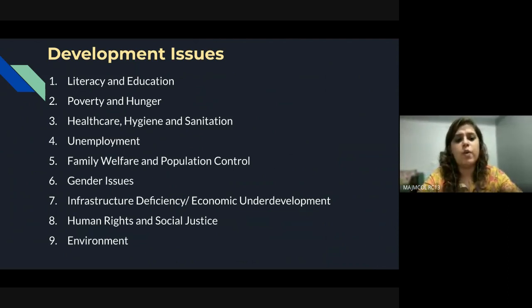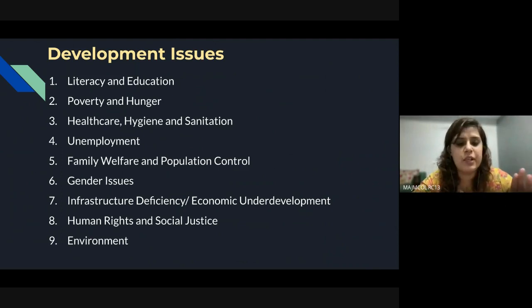We might talk about poverty and hunger. We might talk about healthcare, hygiene, and sanitation. We might talk about unemployment. We can talk about family welfare and population control, gender issues, infrastructure deficiency, rights and social justice, and finally the environment. Now, when we talk about all of these issues at hand, we do not have exactly examples to quote